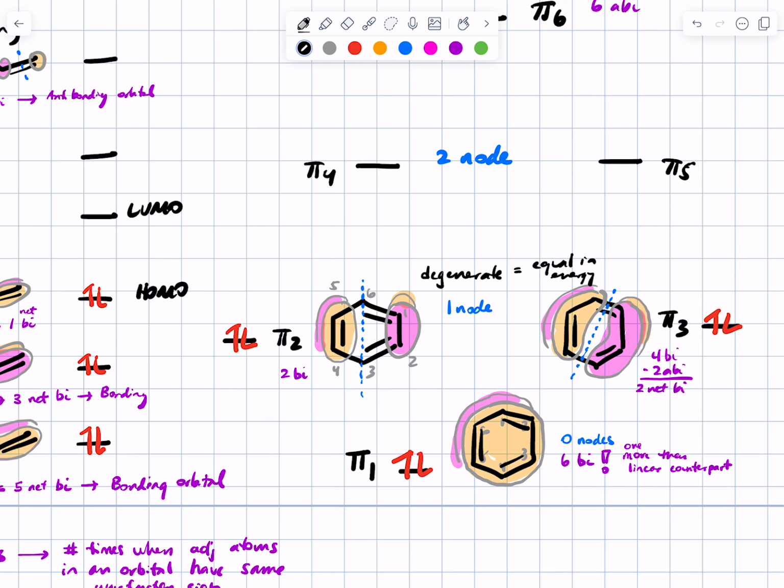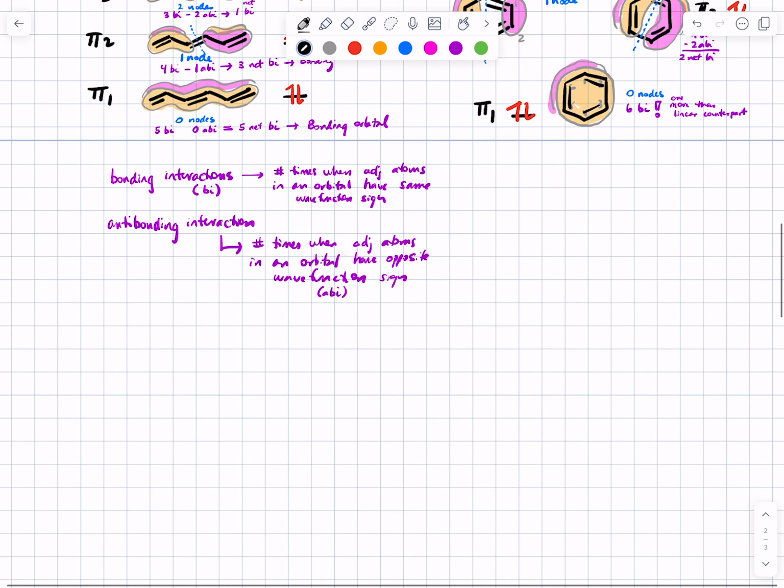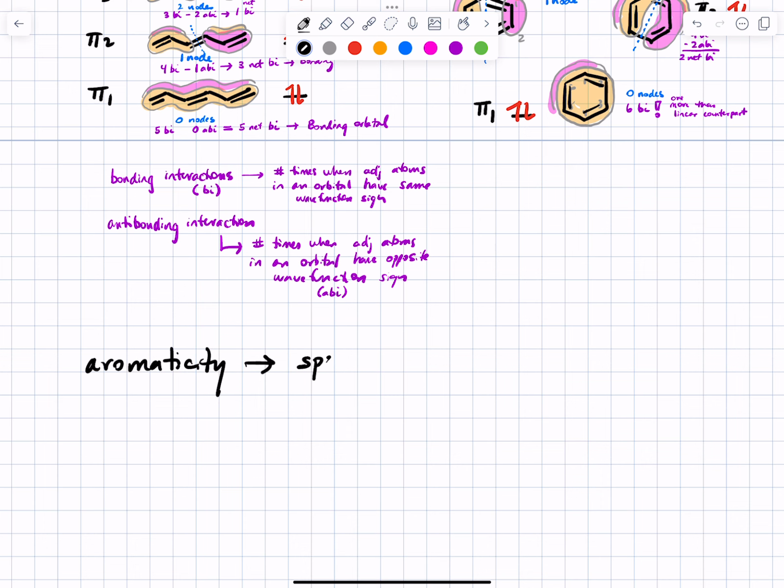The special stability of benzene is a term that we're going to call aromaticity. This is the special stability we get from benzene that other molecules can have too, when they are resonance stabilized and cyclic and have the right number